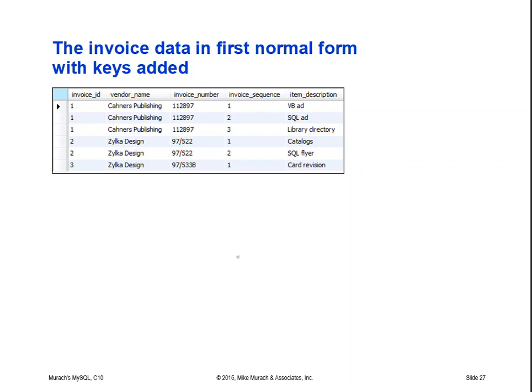In this video, I'm going to show you how to take the data from the first video that we put into first normal form and get it into second normal form. Now, in the last video, we didn't have this invoice ID. So what we've done is we've added the invoice ID to the table. And what you can see here is that in the invoice table, to get to second normal form, we don't want to have,